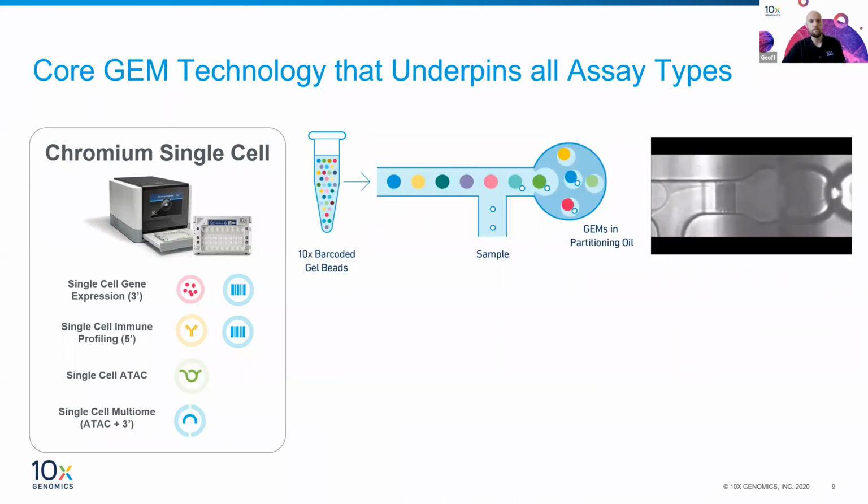So let's take a little deeper dive into what's actually happening on this microfluidic chip. And again, this process is common across all four of these assay types. So you begin with your sample or suspension of single cells, and you mix that with some biochemical reagents, and that gets loaded onto the chip. You take barcoded gel beads, and that gets loaded onto the chip. And then you load some partitioning oil. The chip gets placed in this instrument, and you just push a button on the front of the instrument and walk away. And over a process of about 18 minutes, this is what's occurring